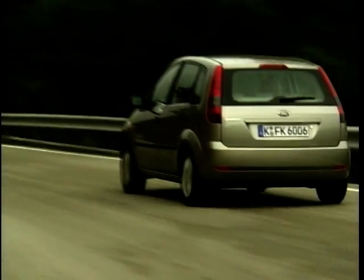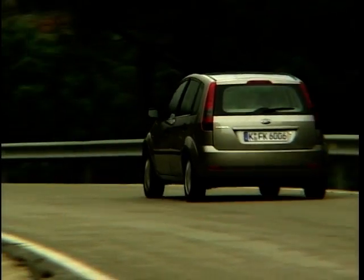Engine wise, there's a choice of 4 in the range. You've got 3 petrols, a 1.3, 1.4 and a 1.6, plus there'll be a 1.4 turbo diesel available. Fuel economy across the range, as you'll expect, is pretty good. Now, the one we've got today is the 1.4. Power wise, it pushes out just under 80 brake and it will get you to 60 in about 13 seconds,